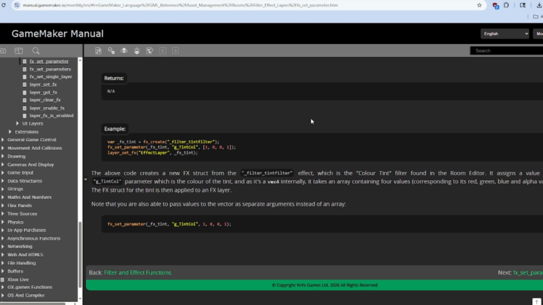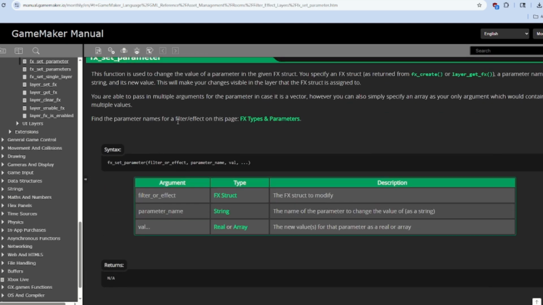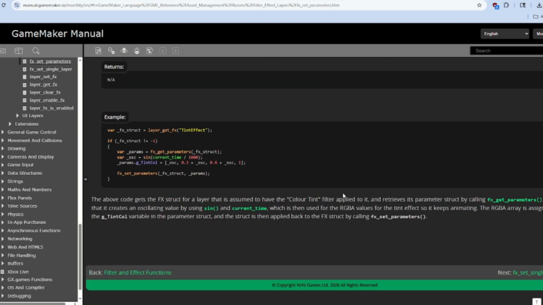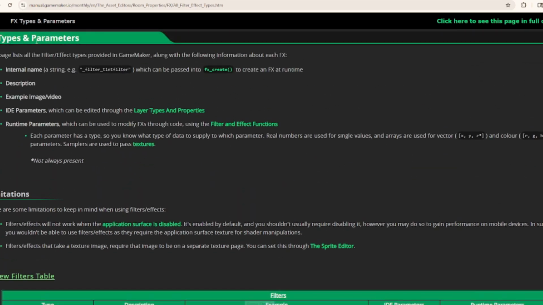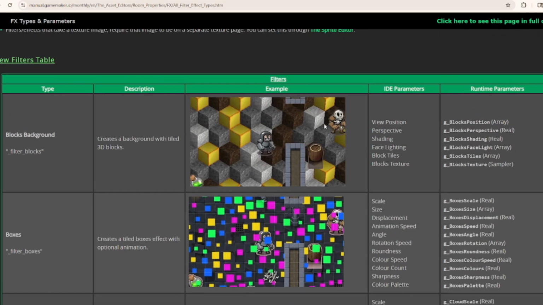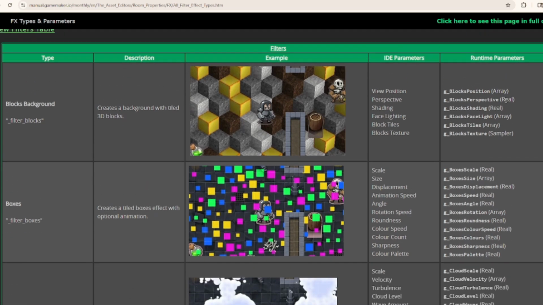So we can use this to edit the various effects inside all of our effects layers. If we look around here, I looked up FX types and parameters in the GameMaker manual, and here we can see these parameters for every single filter and effects layer in GameMaker. This one here is for the blocks background, and here are some parameters we can plug in. So in GameMaker, we can use the string of this, basically this text here, to edit something in